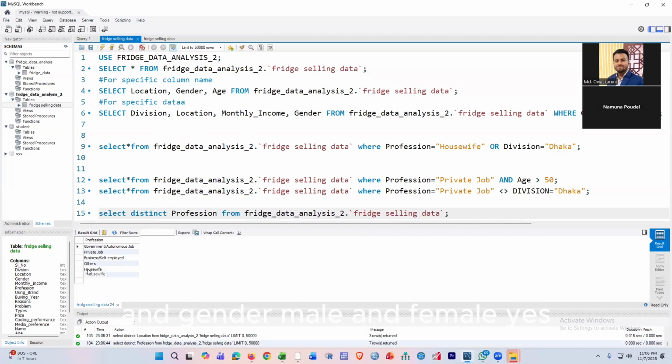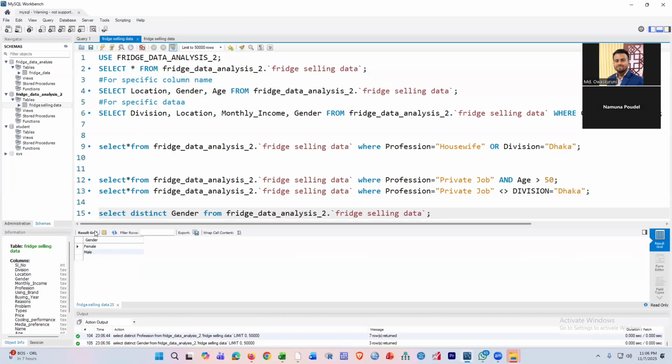And gender, male and female, will come as well. So there are lots of things I can do, like retrieving distinct data, WHERE clause,